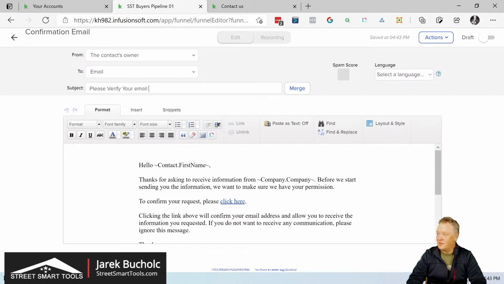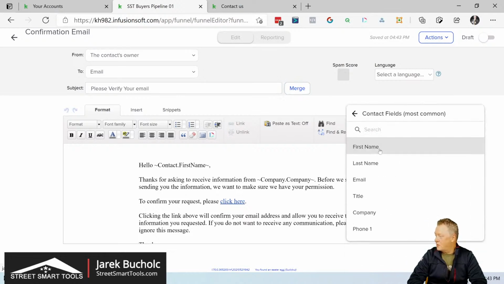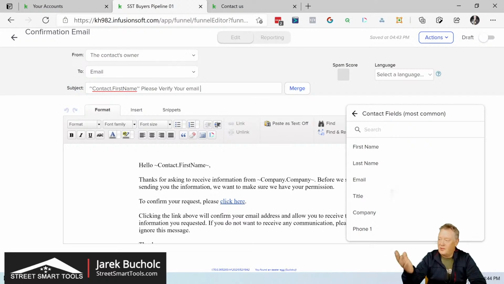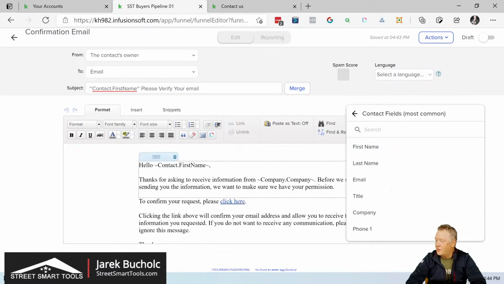And one of the things that is nice here is that you can utilize the merge fields and then use first name. So that will show first name, please verify your email, right? You can customize it the way you see fit, but that's the default setup, right? And this is the contact information of the client. So you set it up, draft,